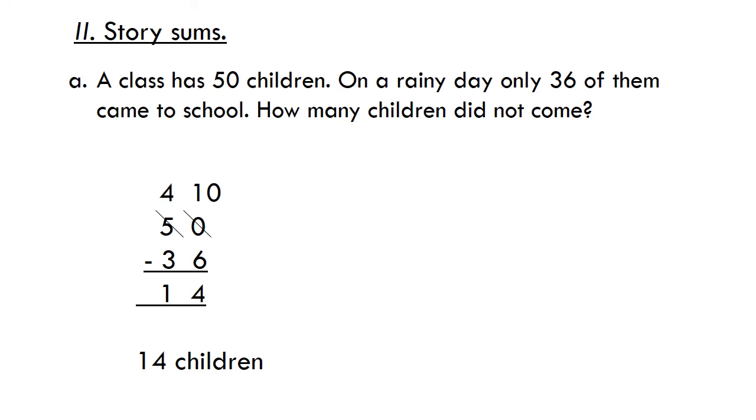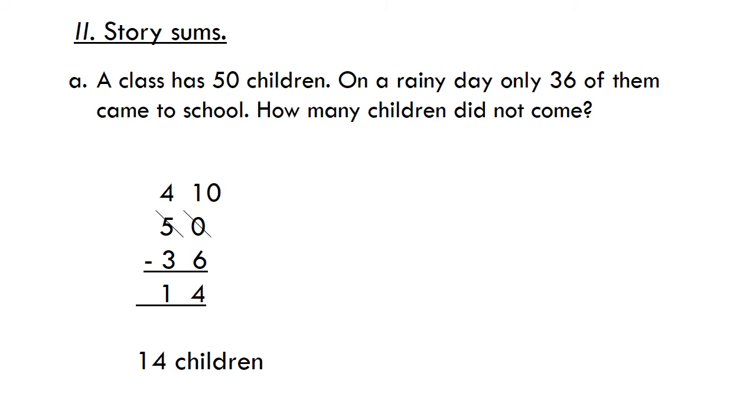In ones, 0 is there. So children, we cannot subtract 6 from 0. So we will borrow 1 from the tens. Here in tens place 5 is there. 5 becomes 4 and in ones 0 becomes 10. 10 minus 6 is equal to 4. Write 4 in ones column and then